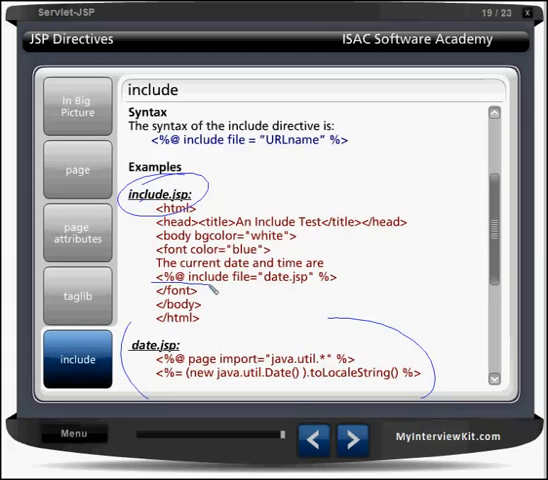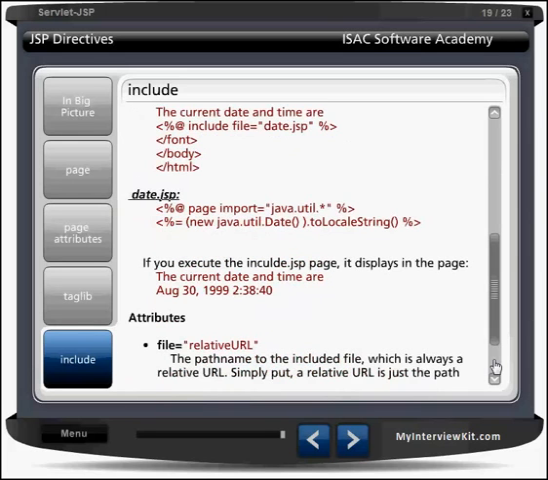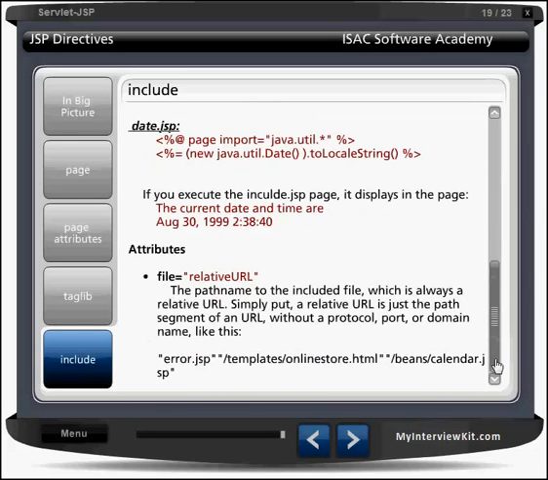But here we are writing the include directive. When it is getting compiled, the code will be taken from this page and merged here, and then the whole page is compiled on the server. So this includes the page at the time of compilation. If you get the output, this is the output mentioned here. It has just one attribute, that is file, which file you want to include.